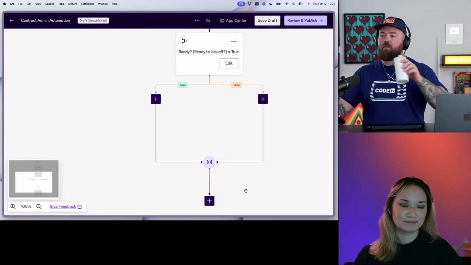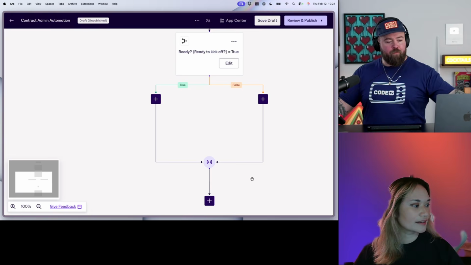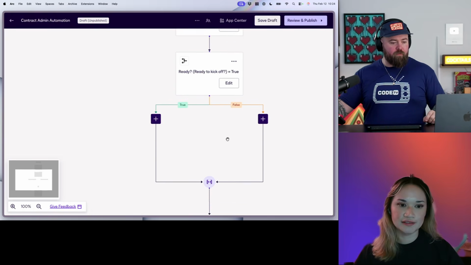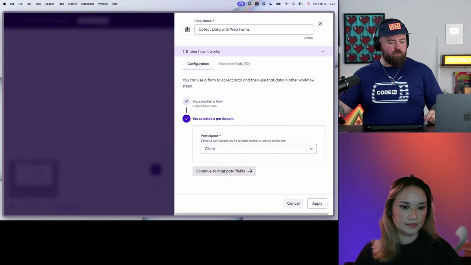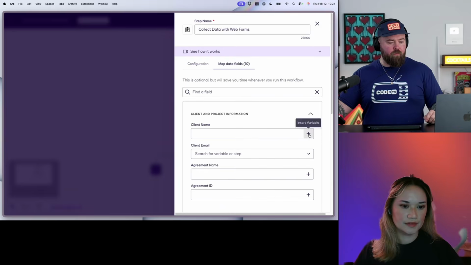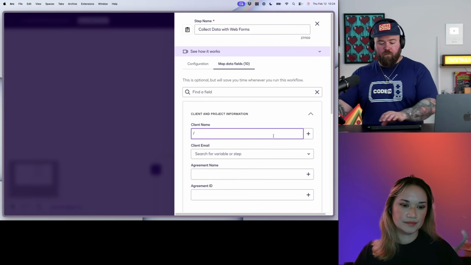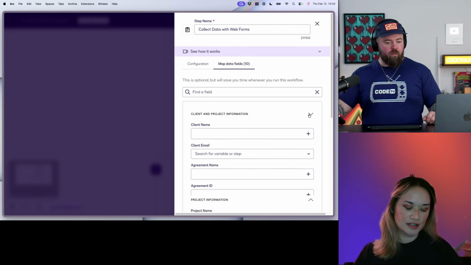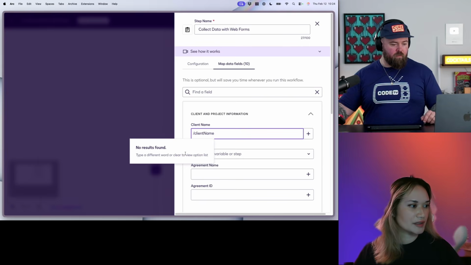Okay. Exactly. And so, let's go ahead and check on our web form again and see if that loaded in. Interesting. So if you do /clientName in that camel case, nothing comes up. Nope. Okay. Let me check on this.